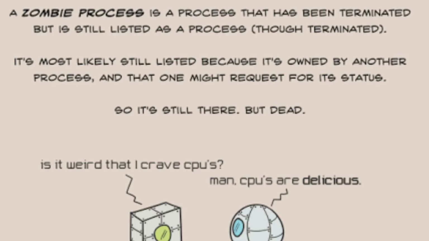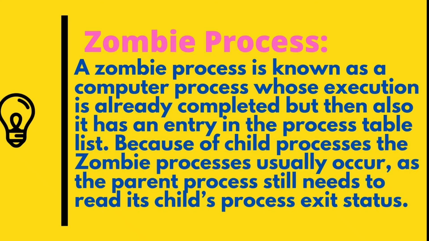The zombie state means that when a process is created in Linux or Unix using the fork system call, the address space of the parent process is replicated. If the parent process calls the wait system call, the execution of the parent is suspended until the child terminates, because the parent needs to read the child's exit status. So it will wait for the termination of the child. In this scenario, the state of the child process is known as the zombie state.